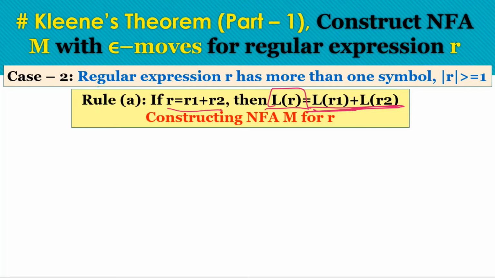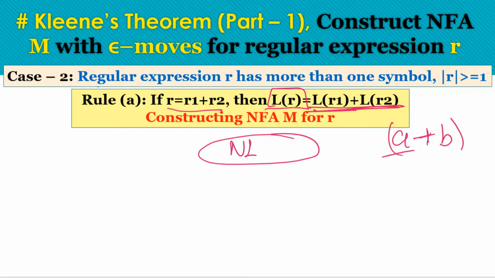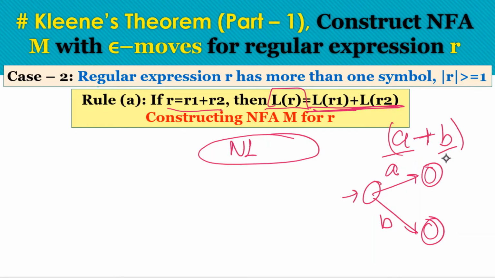For this we simply need to perform union. For union we have either the first path or the second path. For example, we have A plus B, so for this expression either A will be accepted or B will be accepted. Either A is accepted or B is accepted, right? So we have two paths. Either we go along path 1 or we follow path 2. The same approach we need to follow here.